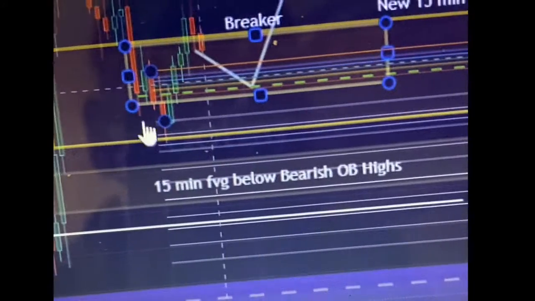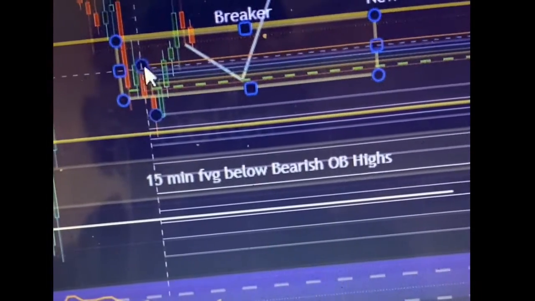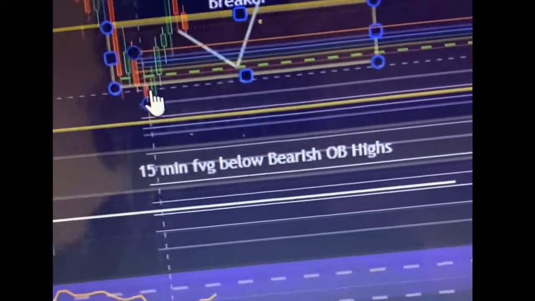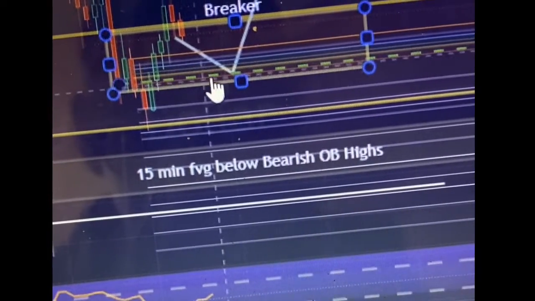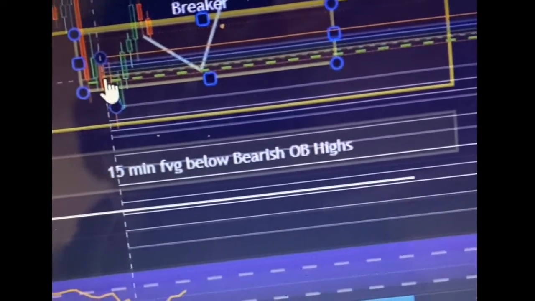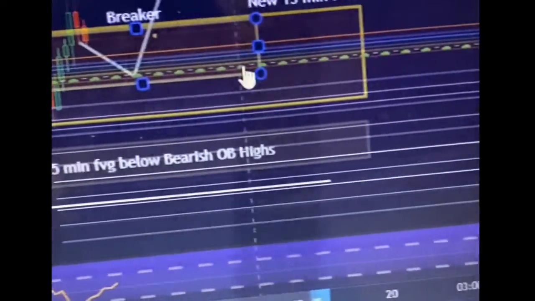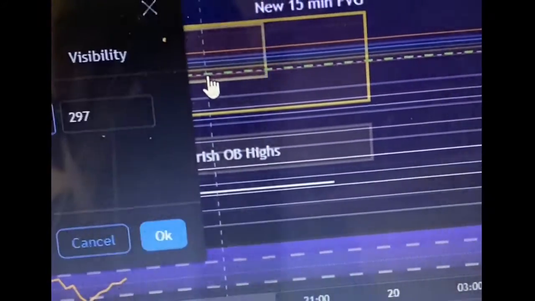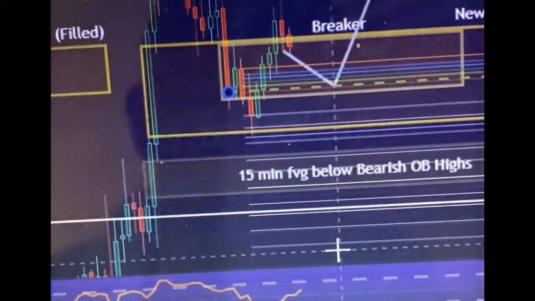What I did is not only use that as part of where I think it's going to go, but I also used the two red bearish candles as an order block. So I measured those two with a Fibonacci at the 50% mark. Between those two also comes out to almost the bottom of the breaker. So this is where I think it's going to go ultimately. I think it's going to go to this green dotted line here. What is that green dotted line, you ask? 41,292. So I think that is where it is going to go before